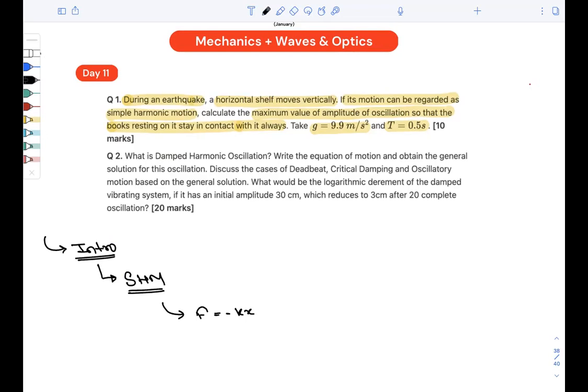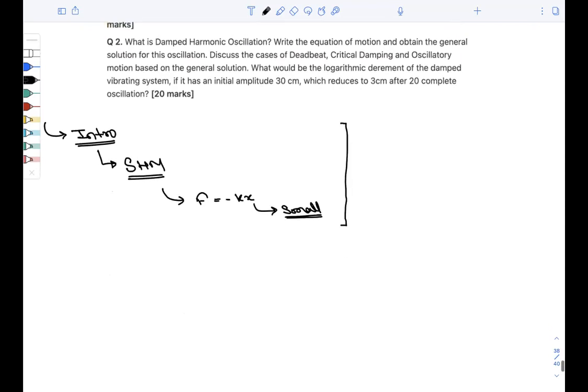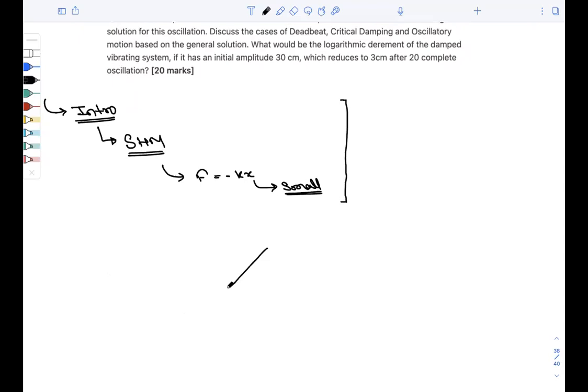Now what you need to write here is that x should be small as compared to the oscillation that it can make. So this is what we need to keep in mind. In the introduction, we have to write the definition of SHM. Okay. Now this is a straightforward numerical question, so we will write here a horizontal shelf